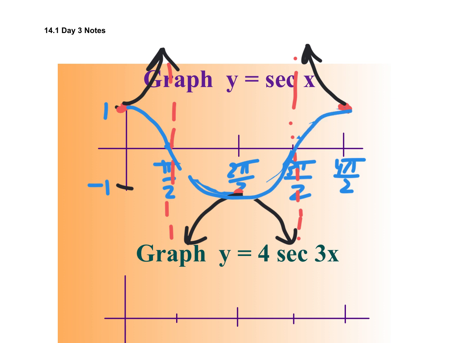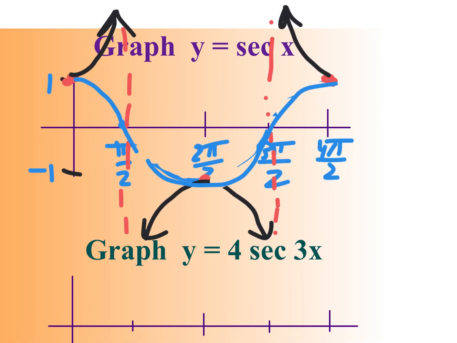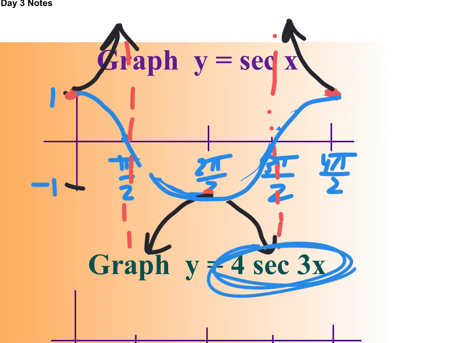So, okay. So what if I had to do 4 secant? Well, let's not redraw this whole graph. Let's just actually incorporate this into our graph, because we really just have to change the labels. Now, it's a regular 4, not a negative 4. If it was a negative 4, everything you have to flip, which would be a pain in the butt. But it's not. So the regular 4 just right here is incorporated by putting a 4 there and a negative 4. And then if I wanted to get this 3 in there,